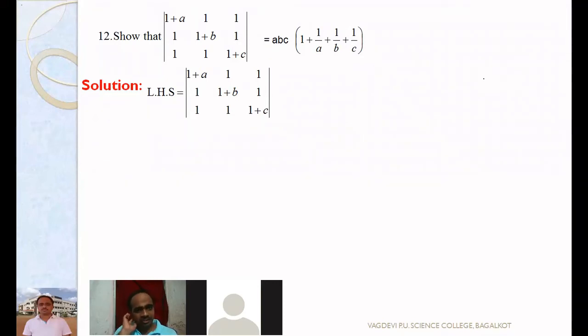So ABC means it's not a factor like A plus B plus C or A minus B. If it is A plus B plus C, we do the operation R1 plus R2 plus R3. If it is A minus B, R1 minus R2 will do. But here there is no specific factor. You can expand immediately, but try to get some zeros and then expand. Instead of expanding in the first step itself, which will be a very lengthy expression, get some zeros, then it becomes a very small expression. So what do you suggest?